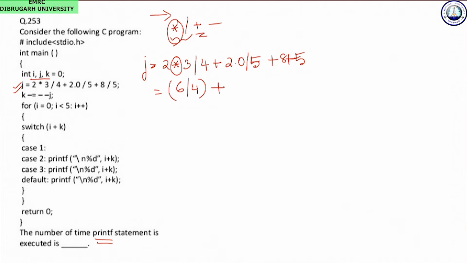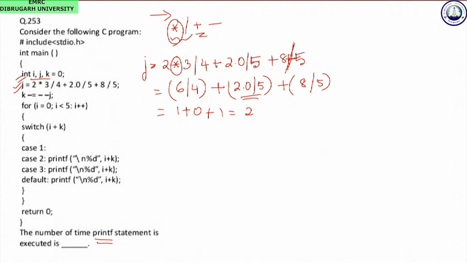You can do it in this way. And this is, sorry, it is less. Okay, this is 8 divided by 5. So let us do this one. What we will get is 1 plus 0 plus 1, which is equal to 2. Now this is done because here it is an integer declaration, integer data type.